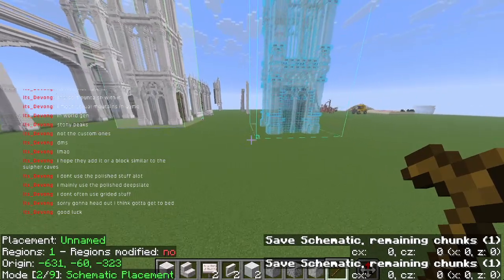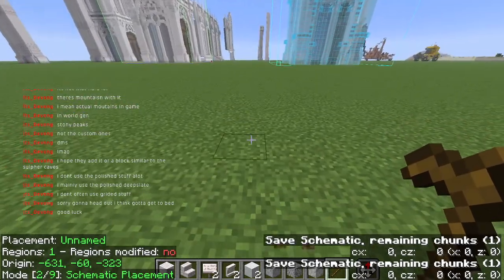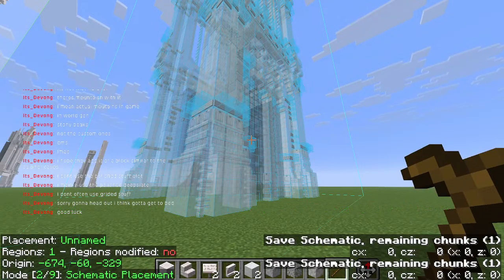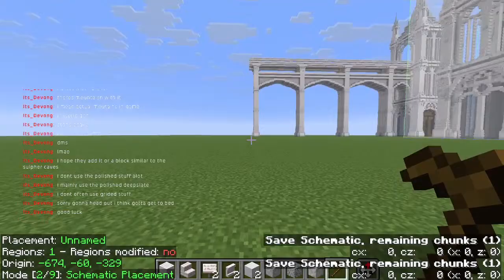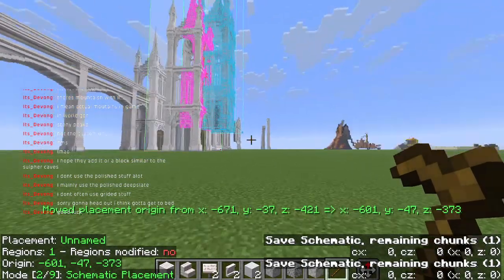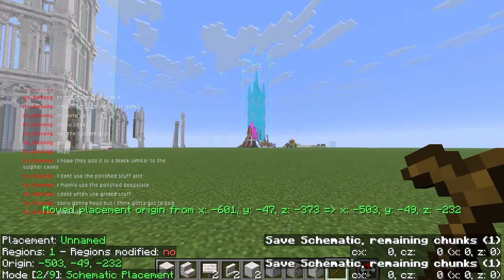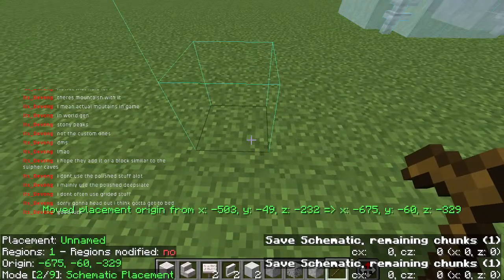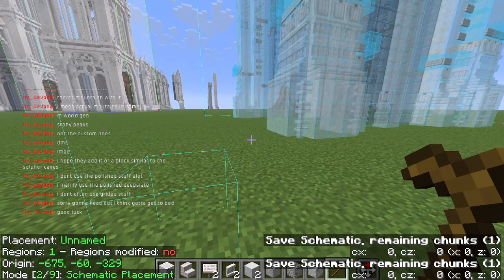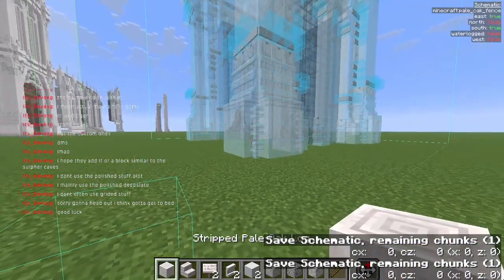Oh, so if I just come to here and then... Oh, that's cool. And apparently I should be able to place it anywhere. Oh my gosh, that's so cool. Can I place it on the volcano? I can place it on the volcano. Okay. And now